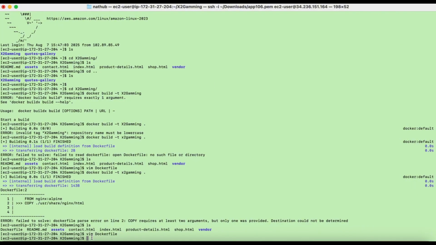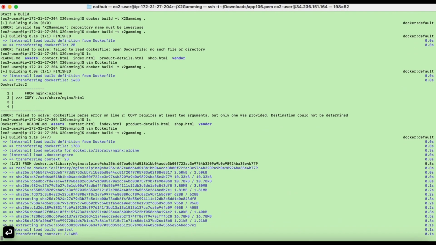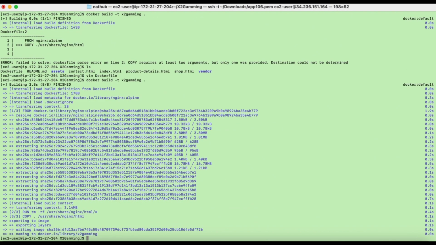Okay, so docker build. Let's build our image again. Okay, so our image has successfully built, right? We've successfully built our image. The next thing we're going to do is